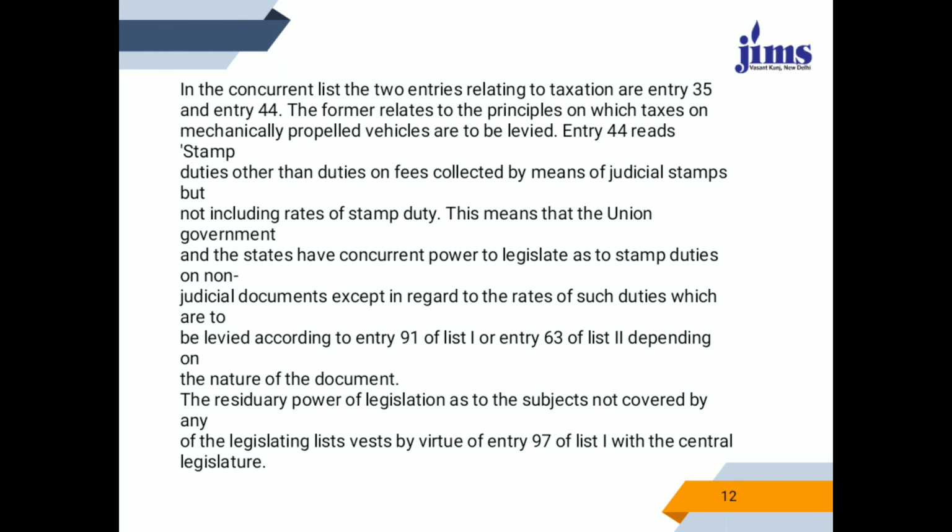Next, in the concurrent list, we have two entries relating to taxation, that are entry 35 and entry 44. The former relates to the principles on which taxes on mechanically propelled vehicles are to be levied. Entry 44 reads: stamp duties other than duties or fees collected by means of judicial stamps, but not including rates of stamp duties. This means that the union government and the states have the concurrent power to legislate as to